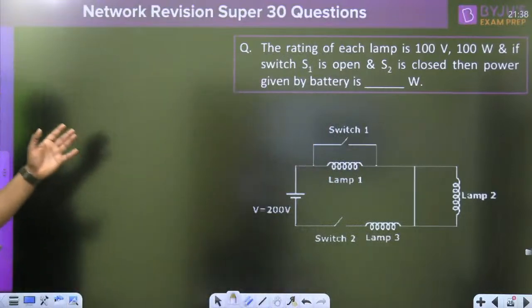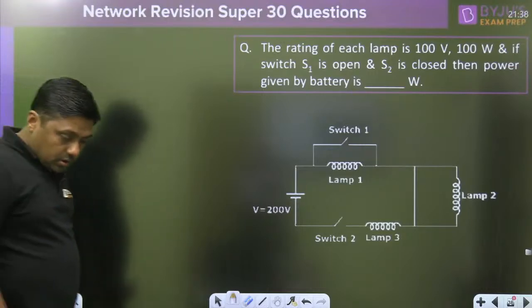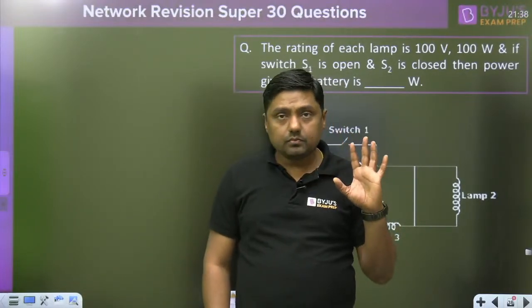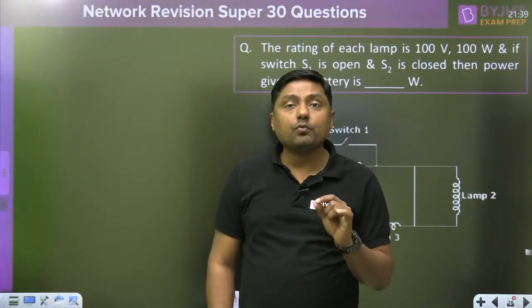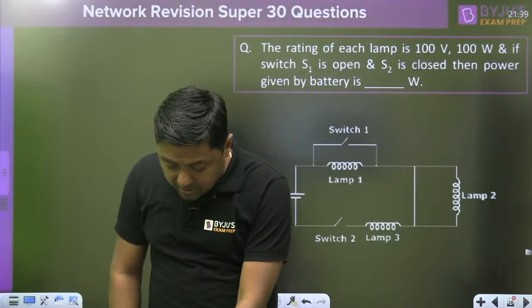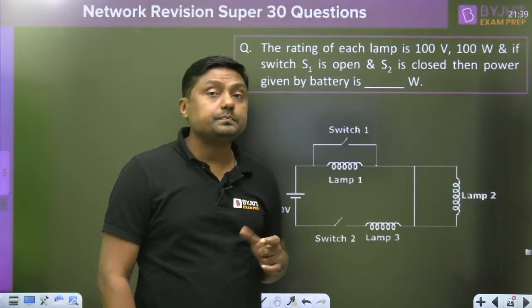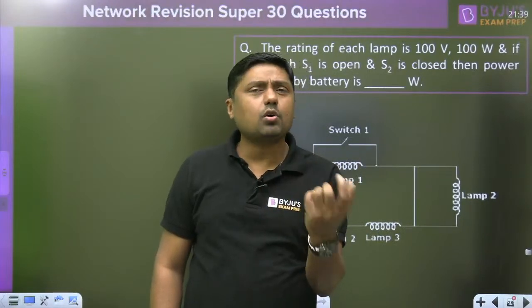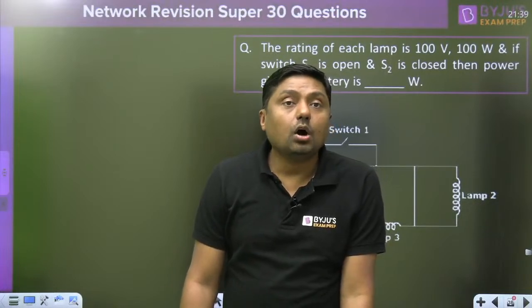Okay everyone, first of all, what is the answer for this question? The rating of each lamp. The answer you sent, simply in series the current will remain the same, but what you have to calculate is the phasor sum of V1 and V2, given as what value. Then you can find the relation, and then you can find the angle between V1 and V2. But you have to find the angle between the applied voltage and current, and calculate the cos theta, which is called the power factor. Okay.